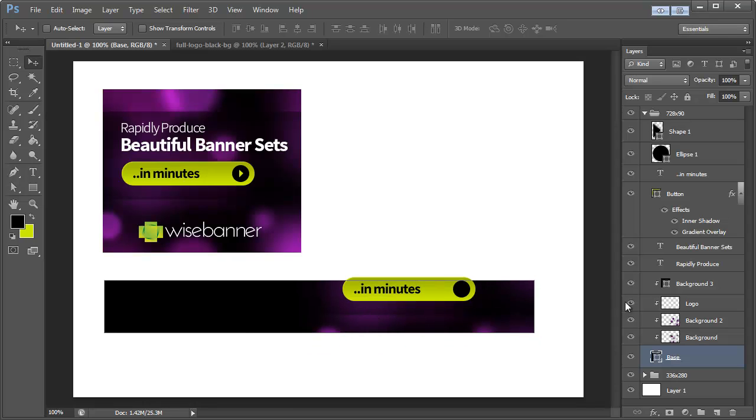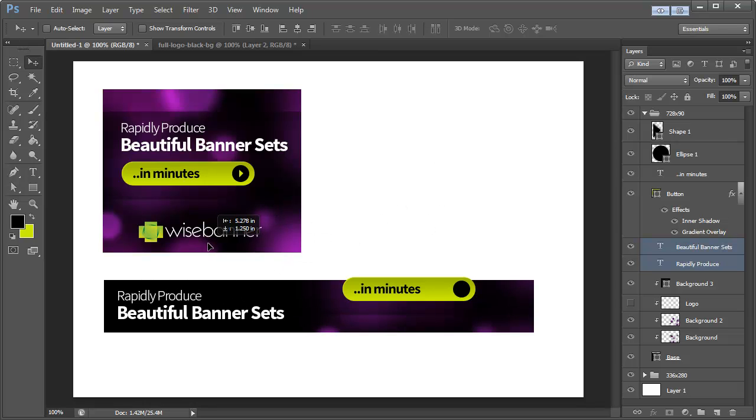And let's go ahead and just take all of these layers and move them back where it logically fits into this new banner size. So what we'll do first is let's go ahead and take a look at the logo. Okay, so here's the logo. We may or may not use this, so it depends. So sometimes you get down to really smaller type of banner sizes, and sometimes you can't use all of the elements that you used in the bigger size that you initially worked with. So right now we're just going to hide that. So let's get the type out here, rapidly produce and banner sets. All right, so that appears to work